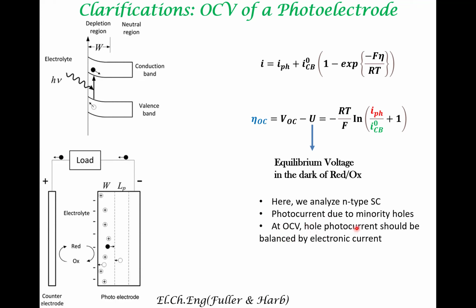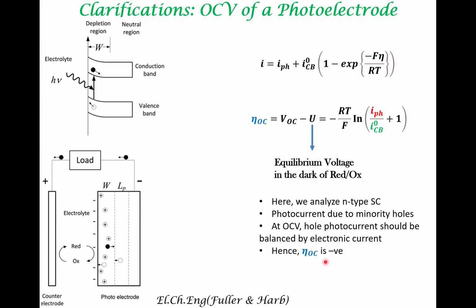So there is photocurrent, which is because of minority carrier hole current. This should be counteracted by electronic current. That is, the hole current goes from this region to the surface. There should be a counteracting electronic current so that the net current becomes zero. That is why there are two terms, and mathematically you derive this condition. One term is because of photocurrent, the other term is because of this component. So this is the reason why the